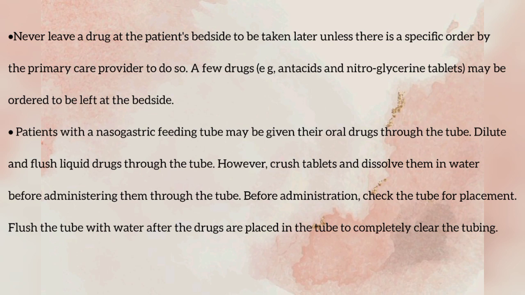Patients with a nasogastric feeding tube may be given their oral drugs through the tube. Dilute and flush the liquid drugs through the tube. However, crush tablets and dissolve them in water before administering them through the tube. Before administration, check the tube for placement. Flush the tube with water after the drugs are placed in the tube, and this is to completely clear the